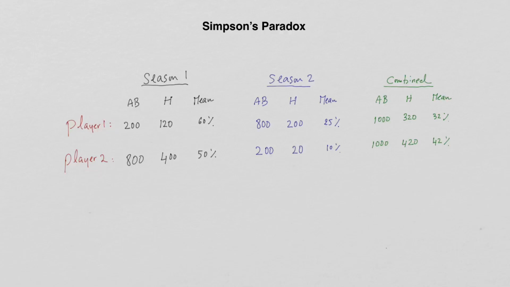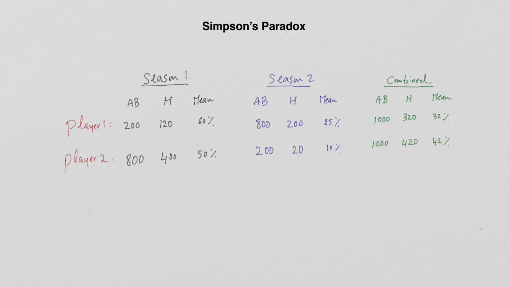So we go to the next season, it just repeats. And the first player had 200 hits and 800 at-bats. That's basically 1/4 of that one. So that's 25%, right? 200 divided by 800 is exactly 25%. And player 2 had 20 hits and 200 at-bats. So 20 divided by 200, knock off a 0, you get 2 divided by 20, or 10%. Okay? Or just divide both sides by 2. You get 10 out of 100, which is 10%.